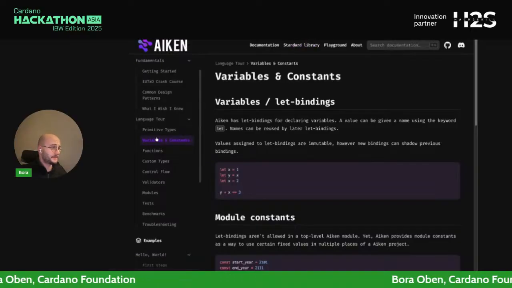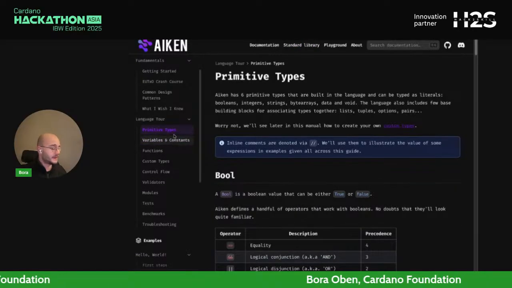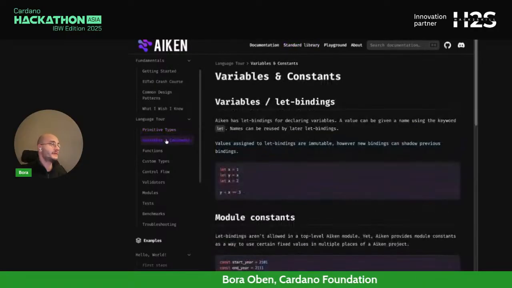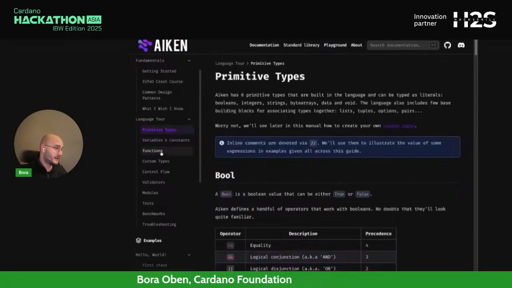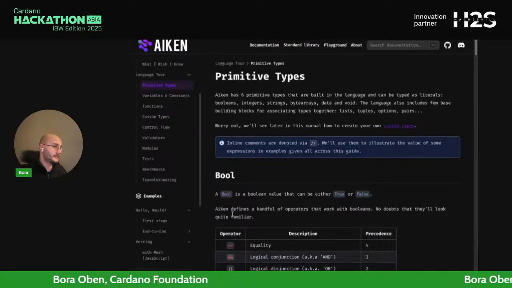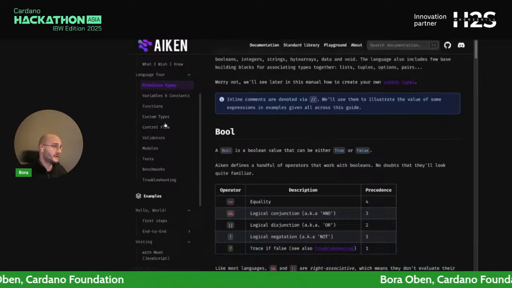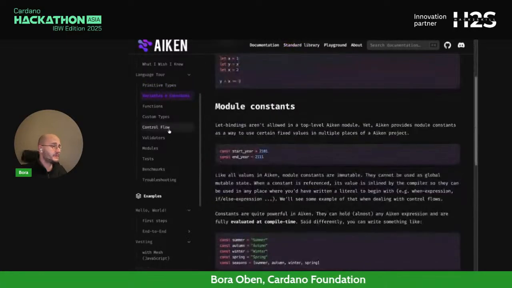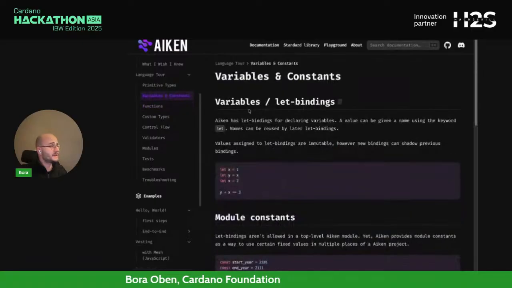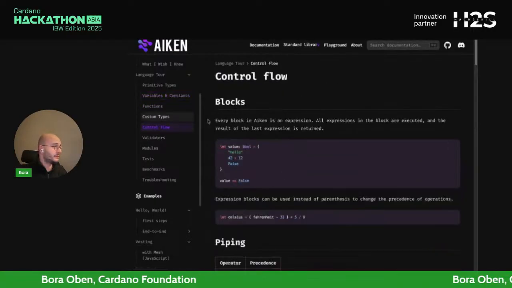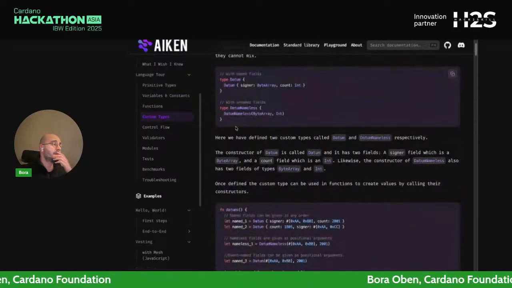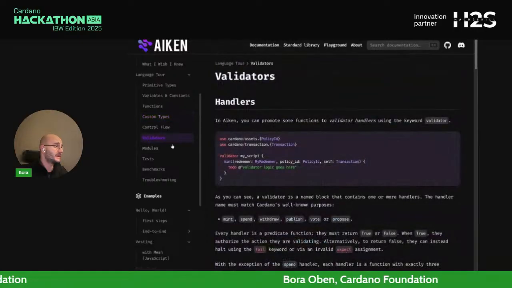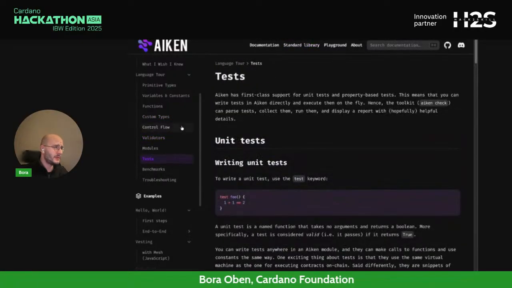It has a pretty cool, easy way of developing logic bespoke to Cardano as well. Here you can find the primitive types, operators, how to write functions, the syntactic sugar, how logic gets executed, what are the custom types you will see, and what you can do with Aiken overall.